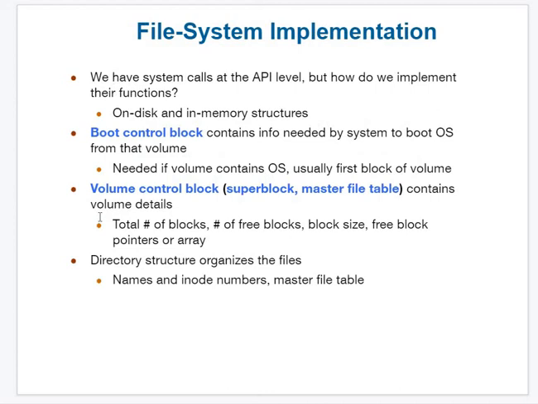So next we have file system implementation. We have two important points here: on disk and in memory. Please remember this. What do you mean by on disk? It will hold information about how to boot an operating system, related data, how many free memory blocks are available, how many memory blocks are already used, etc. Such data is stored in the on-disk file system implementation.